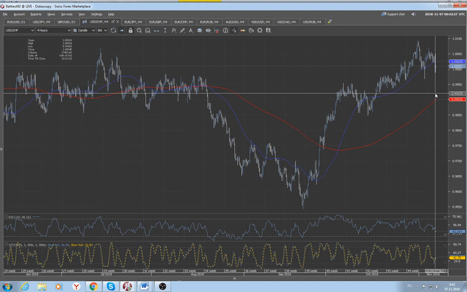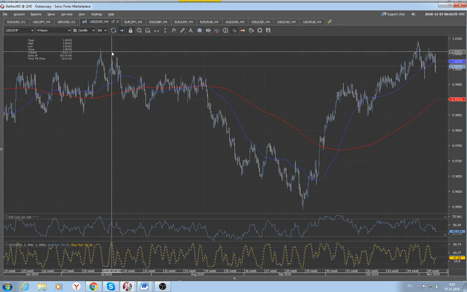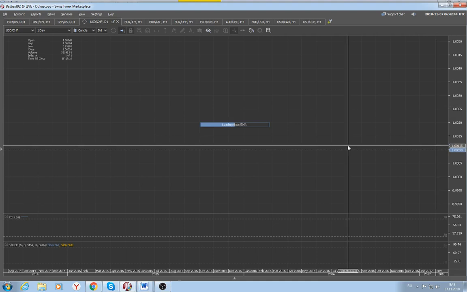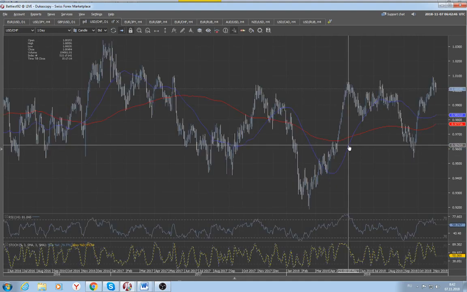Let's say a longer term situation still remains quite bullish for this currency, and probably around the level of parity 1.01, this currency can find another top. During the next couple of sessions and probably even weeks, we could see some lower levels for the dollar Swiss, in case such a level of 1.01